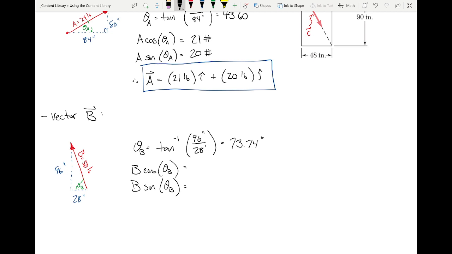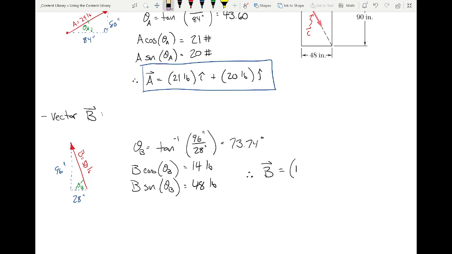All right. And for B sine? Anybody? 48. Second? All right. So 14 and 48. So therefore, the vector B would be,